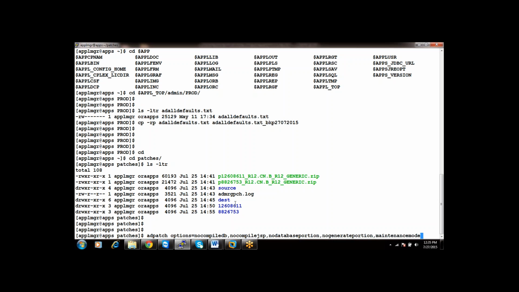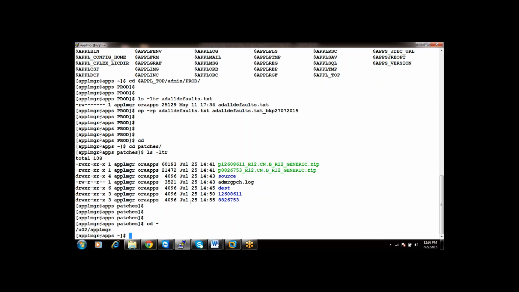You can give any of the options you want. Next, AD patch defaultsfile: I'm showing you the defaults file. Defaultsfile equals the same defaults file you took a backup of.